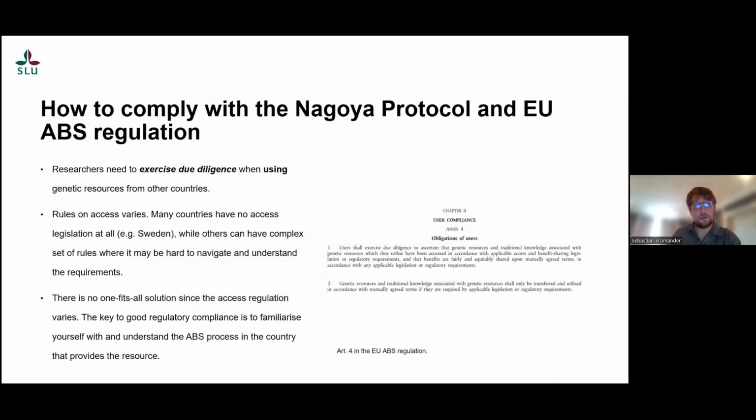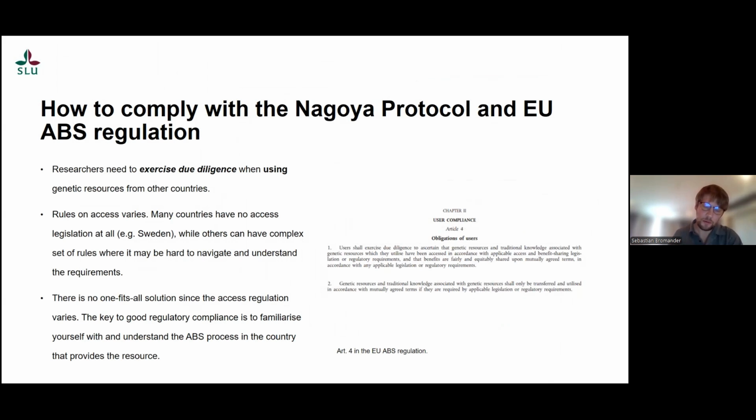So that was just a brief background to these rules, very short. Now I will try to explain how I work with it in a more practical way to actually comply with the Nagoya Protocol and be compliant. And kind of the core